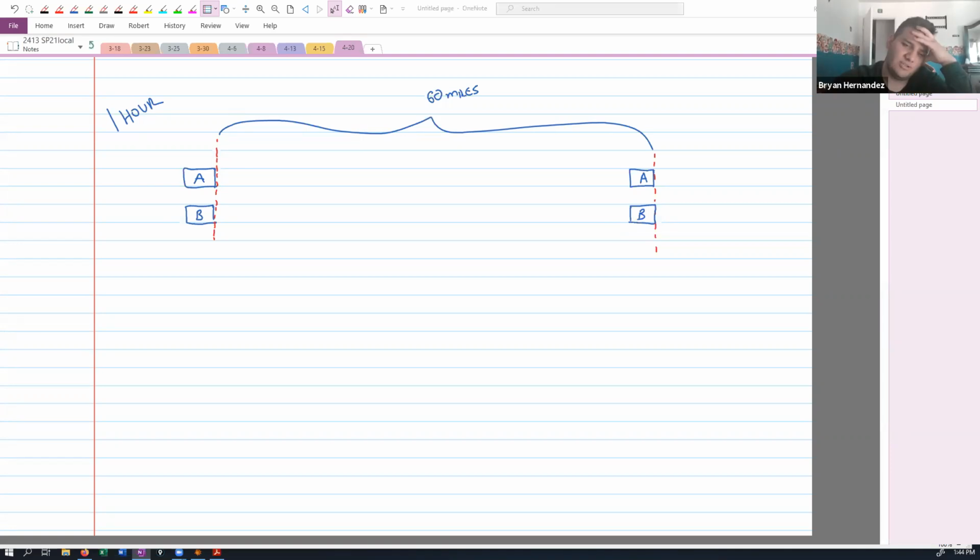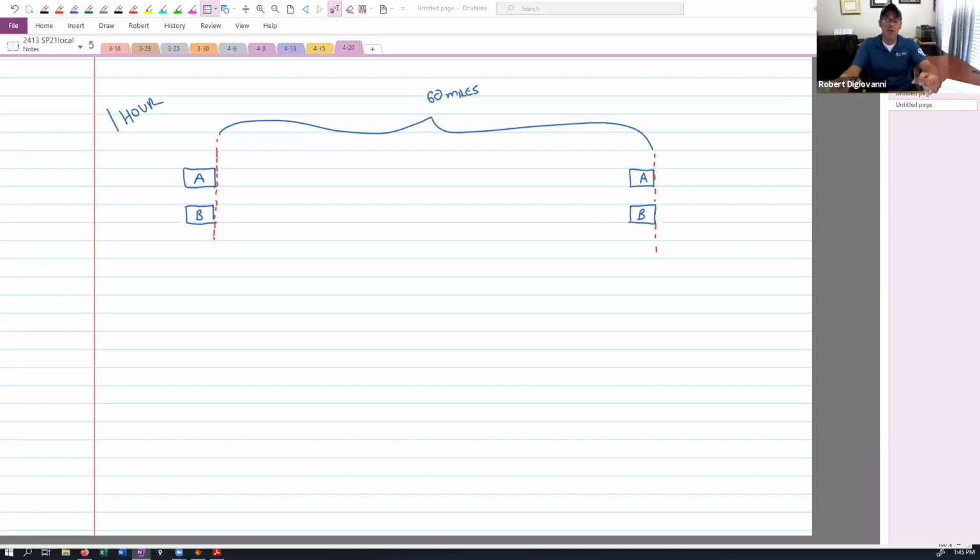Quick question. Do you mean like during the race, at some point they were both at 60 miles per hour? Well, we know that because of the mean value theorem, car A went 60 miles in 1 hour, and therefore at some point in time, car A had to be going 60 miles an hour. Car B went 60 miles in 1 hour, and so there's some point in time for car B that it was going 60 miles per hour. My question was, is that happening at the same exact moment in time for both cars? Is the 60 miles per hour happening at the same moment in time?